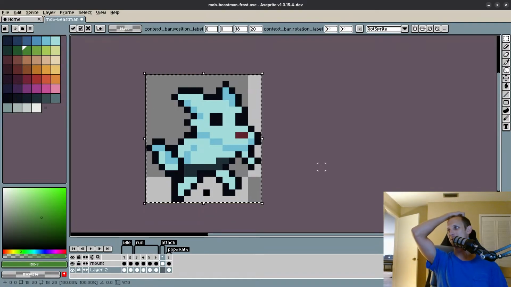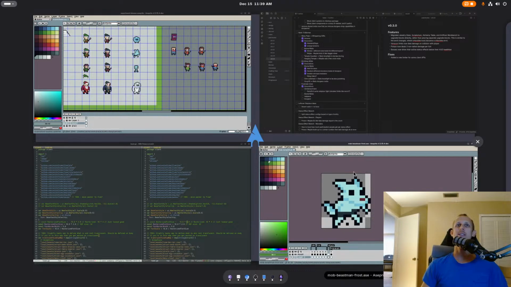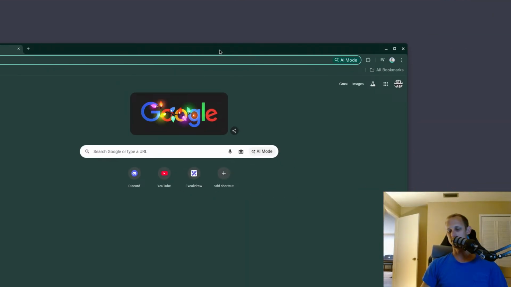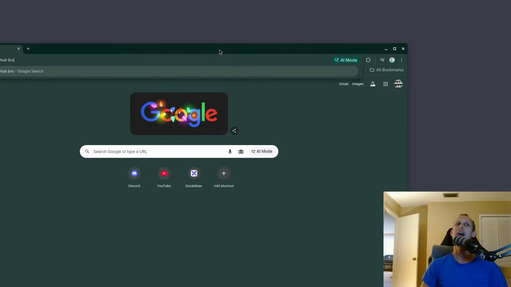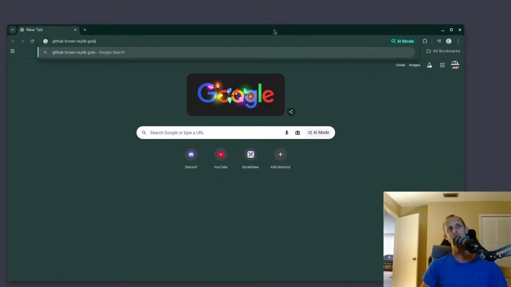Can AI add controller support to Mythfall, please? I mean, Glitch is open source. If you want to use an AI to write controller support for Glitch, then by all means. That said, what I'm probably gonna do, because I discovered this new repo on GitHub, his name's like Brown. I know I posted this in our thing. Raylib, Golang,